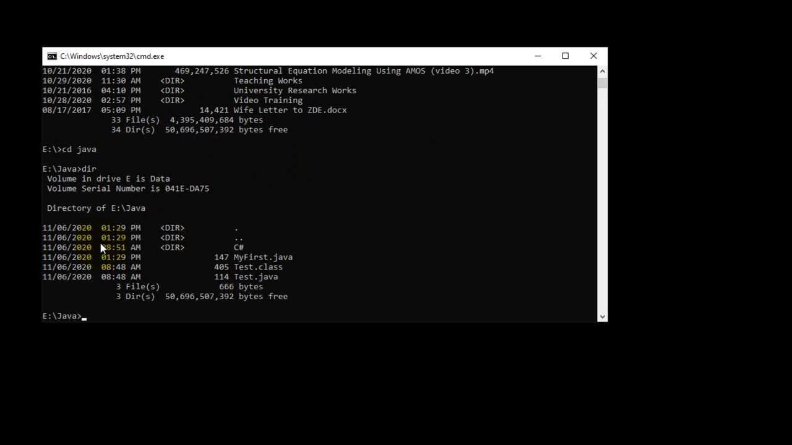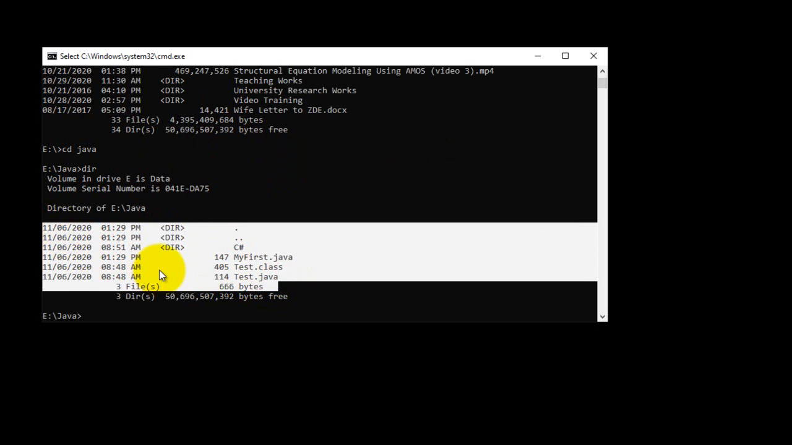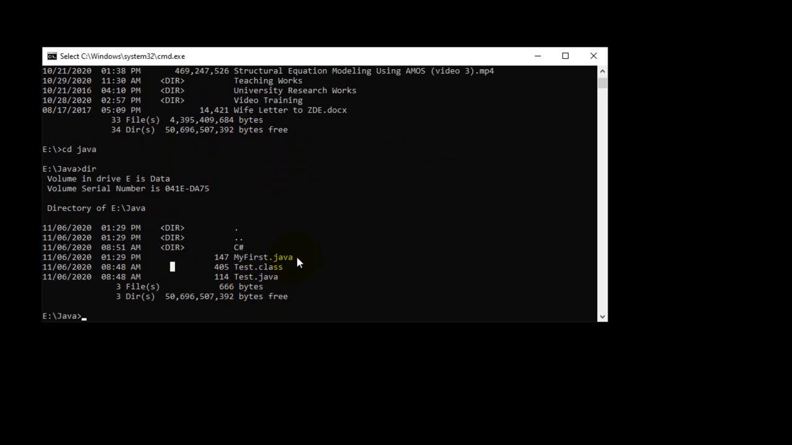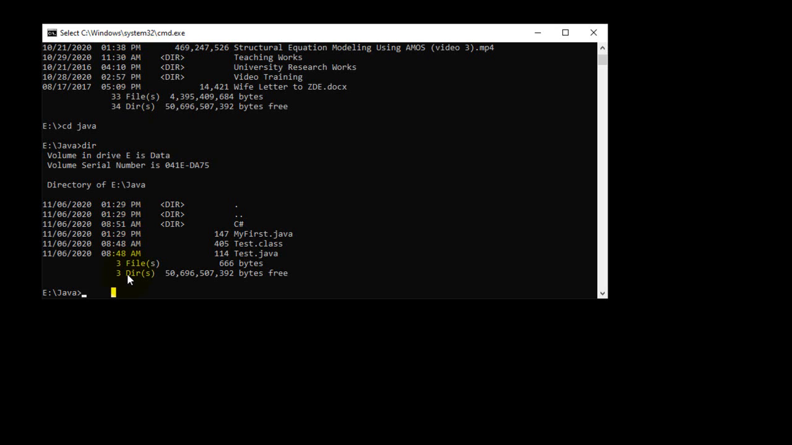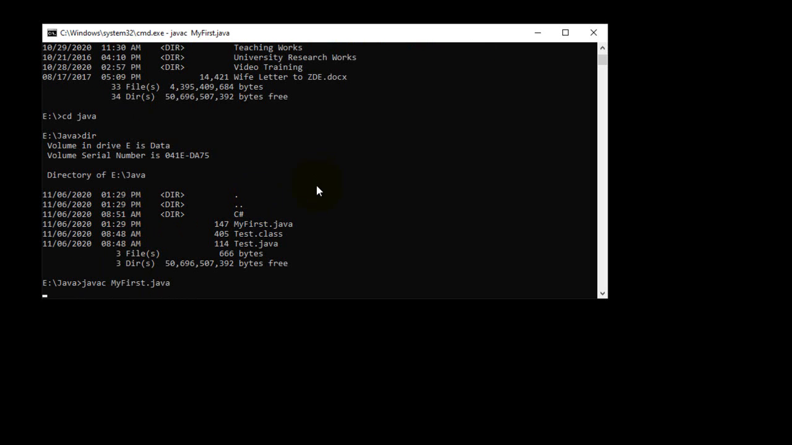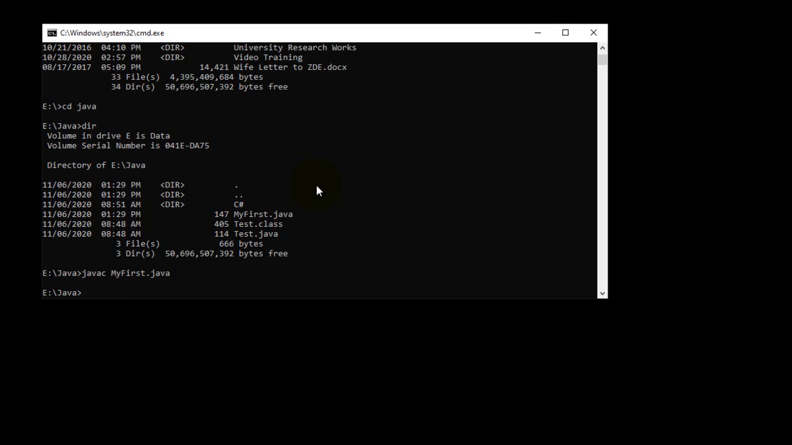Again, I'm going to type dir to list all the files and folders available inside the Java folder. Here you can see my first is also available. So now I'm going to run the compiler. To run the compiler, type the compiler name, javac, followed by a space and then myfirst.java, the exact name, and then press the enter key on the keyboard. If everything goes fine, it will come back to your prompt again, blinking for any other